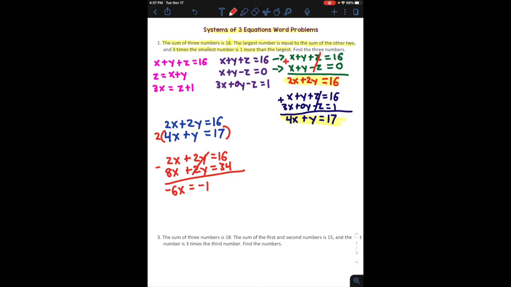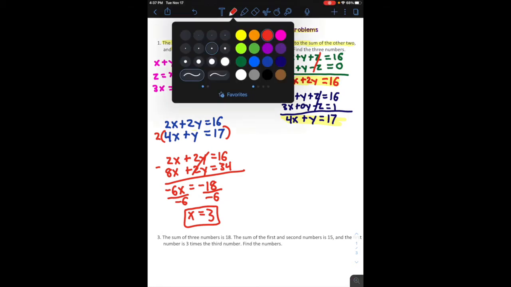And 16 minus 34 is giving us negative 18. We'll divide to solve for x, in which we find that x is going to be positive 3. So we found one of the numbers. Let's go ahead and use that to find a second number by substituting it back into one of the equations